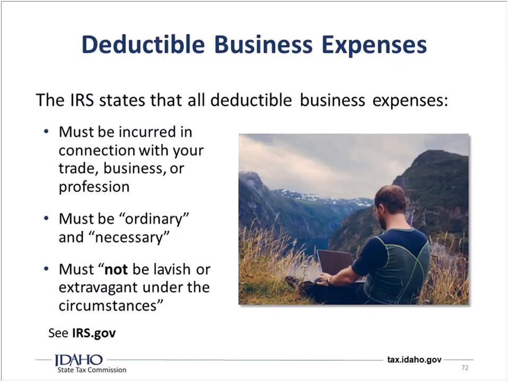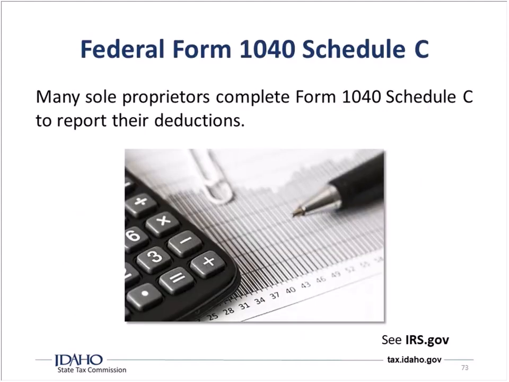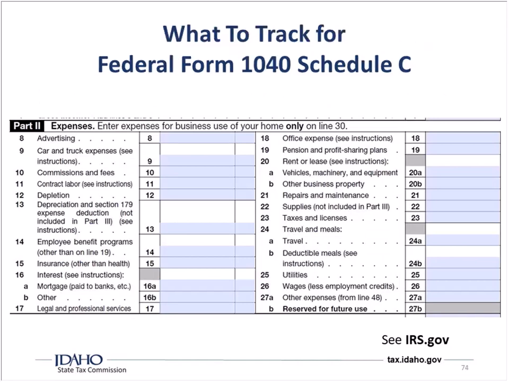Yeah, it depends. Okay, so there are different forms for reporting your business expenses as tax deductions. It's important to do your research to verify which form is going to match your business. Normally, sole proprietors are going to report their taxes on their personal returns, while other business types are going to file a separate return. So many sole proprietors are going to use the Schedule C. This is that Federal Form 1040 Schedule C. If this is appropriate for your business, this is going to show you Part 2 of that form, and it'll show you all the different types of business expenses that you can report with this form.